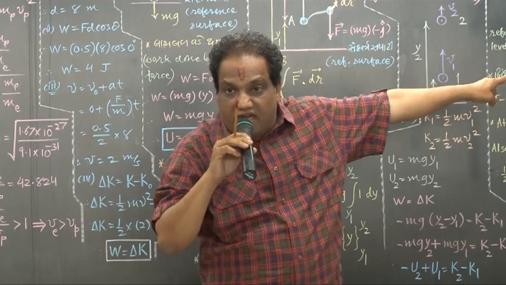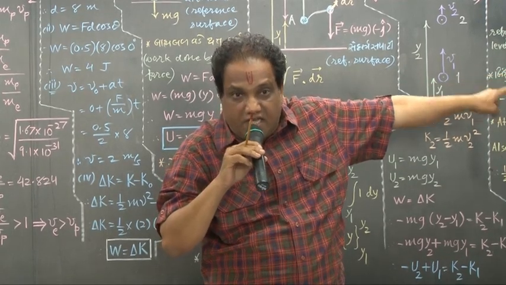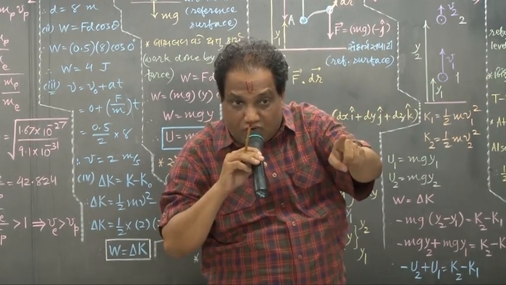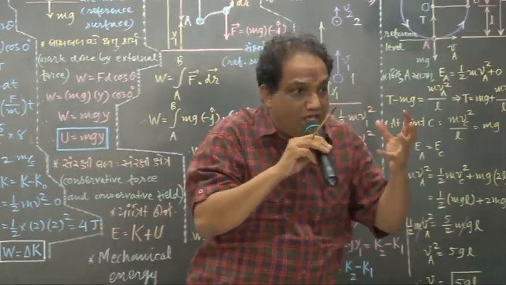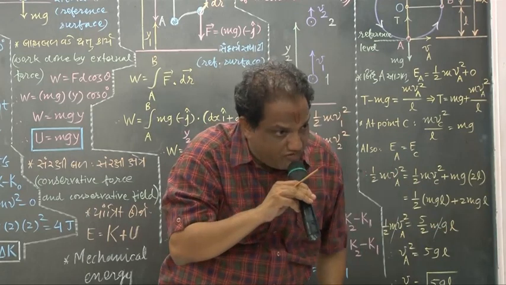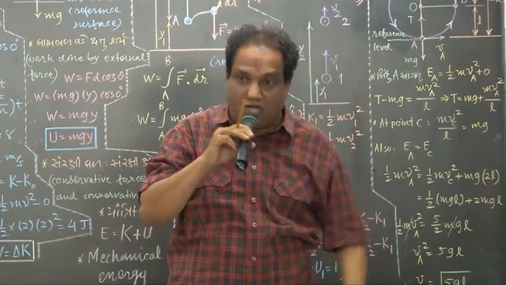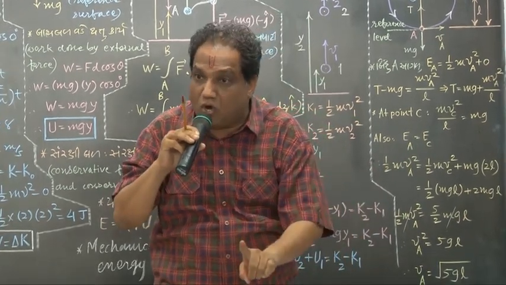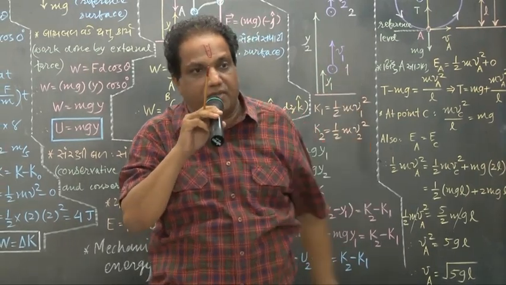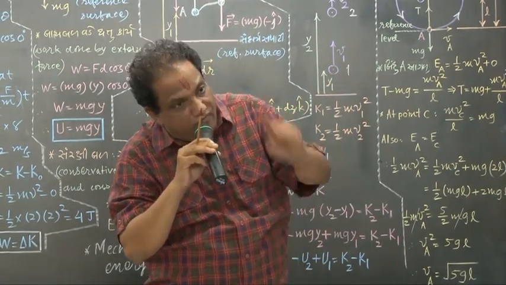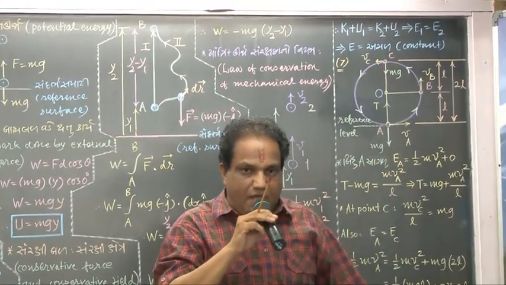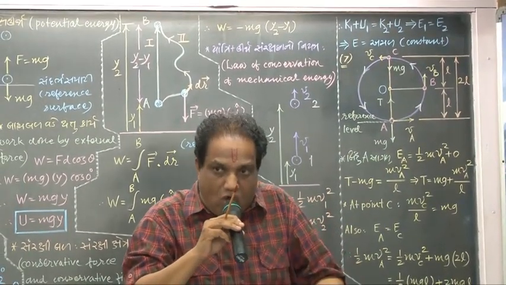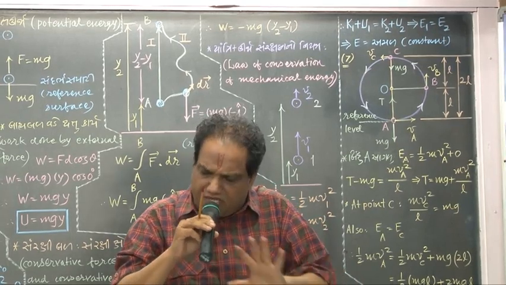But mind well, we had neglected air resistance. Any sort of resistive force is said to be non-conservative. And if you are not considering non-conservative forces, and if you are considering only conservative forces, then such a system is called a mechanically isolated system, for which mechanical energy is going to remain constant. Based upon this we have given the law of conservation of mechanical energy. Very simple.